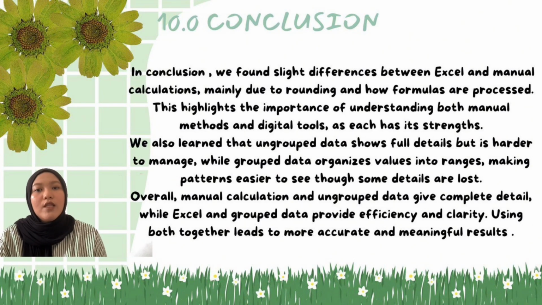We also learn that ungrouped data give full details, but it can be hard to manage, while grouped data simplify larger data, making patterns easier to see. By combining manual work with digital tools and using both ungrouped and